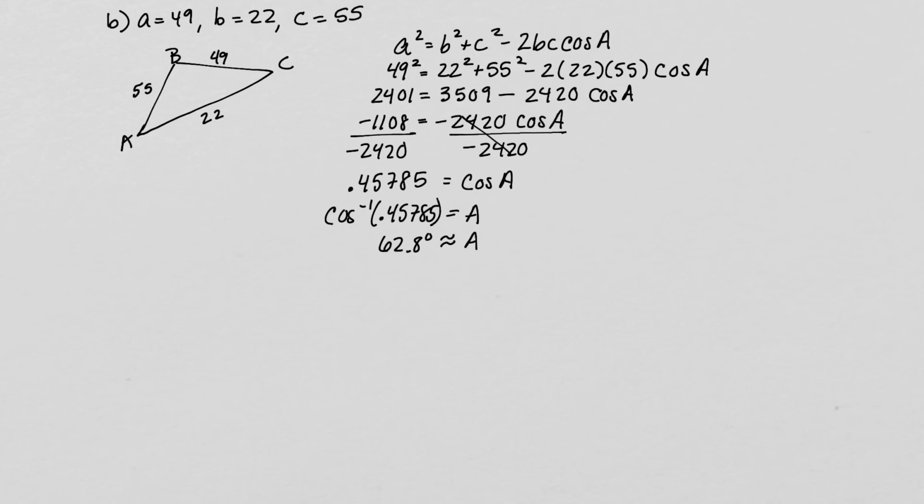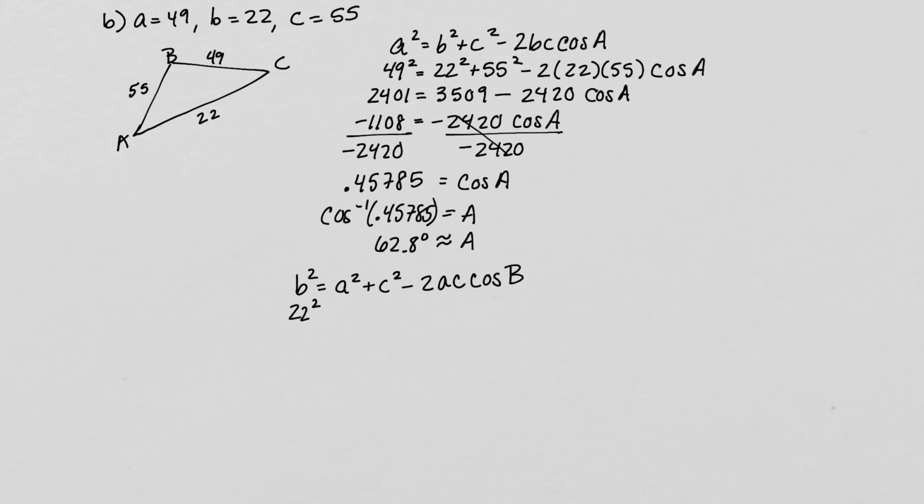And so again, I'm going to use the law of cosines to find B. So we're going to use b squared is equal to a squared plus c squared minus 2ac cosine of capital B. So in this case, we end up with b squared, so 22 squared is equal to a squared, so 49 squared plus 55 squared minus 2 times A, which is 49, times C, which is 55, times the cosine of B. So we have 484 is equal to